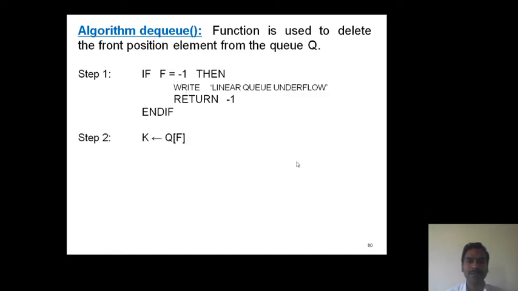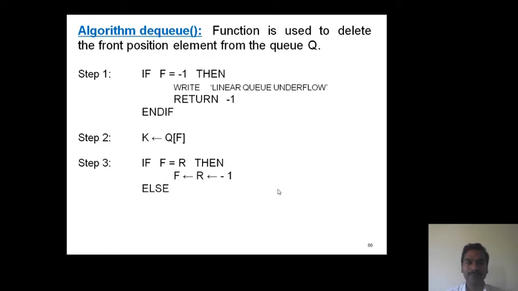Now step 2, K equals Q of F. The front element of the queue is stored in a temporary variable K. Now step 3, we check whether the queue consists of only one element or more than one element. If F equals R, that means only one element is available, then F and R both are set to minus 1.